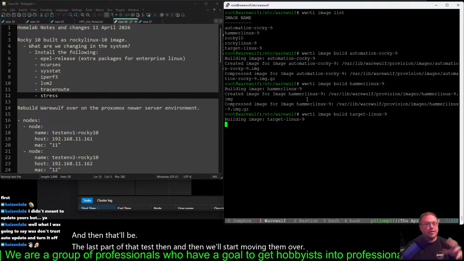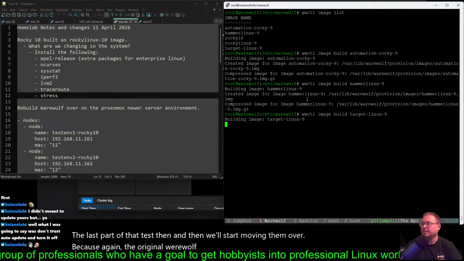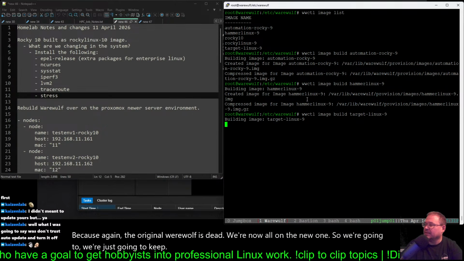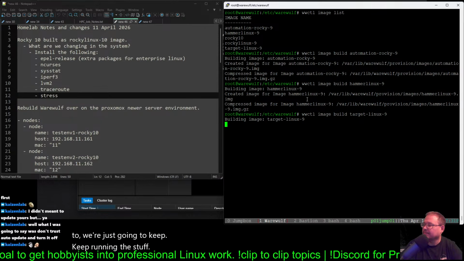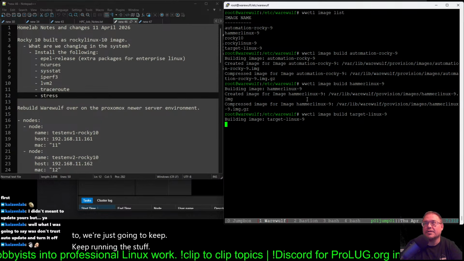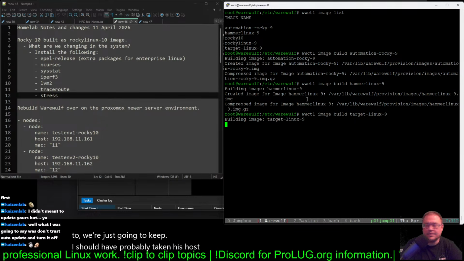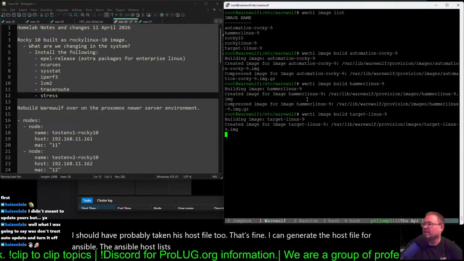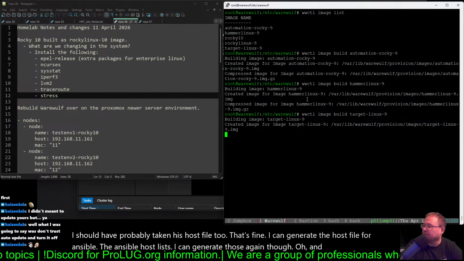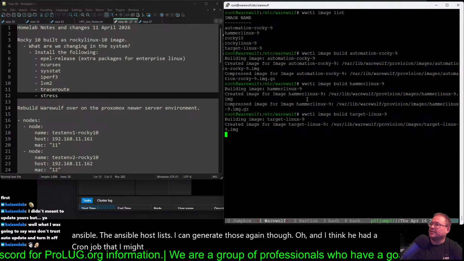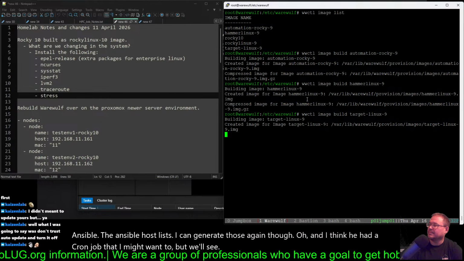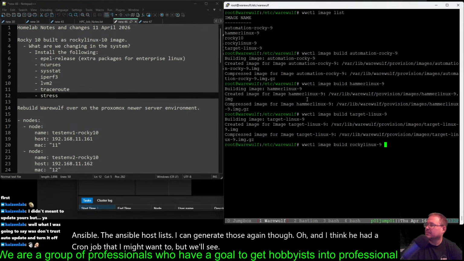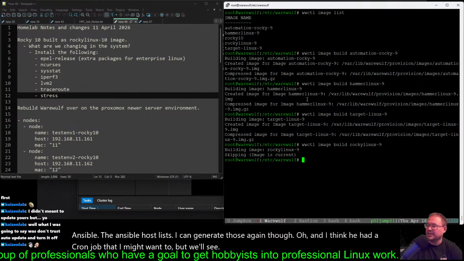Because again, the original Werewolf is dead. We're now all on the new one, so we're just going to keep running this stuff. I should have probably taken his host file too. That's fine. I can generate the host file for Ansible, the Ansible host lists. I can generate those again though. Oh, and I think he had a cron job that I might want too, but we'll see. This one might already be done. Yeah, okay, so